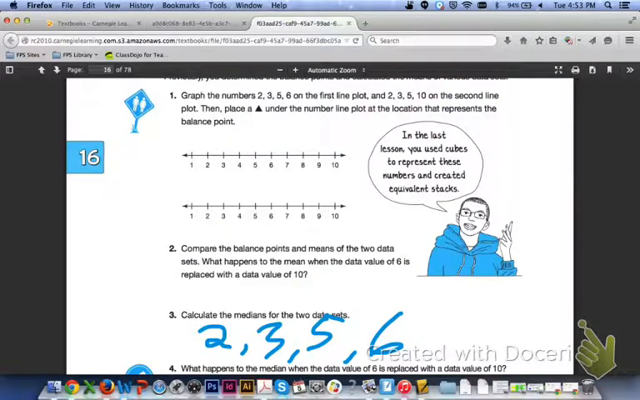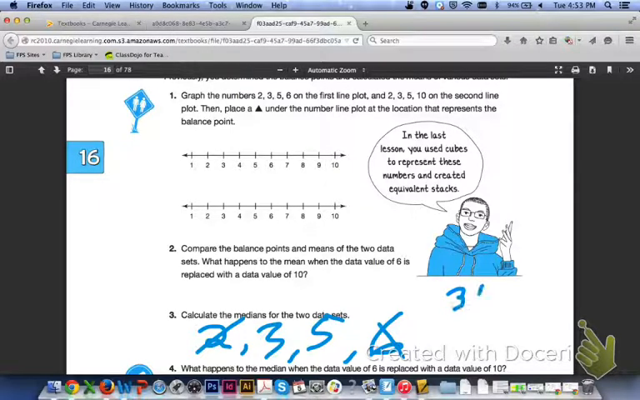To calculate the median for the first data set, you first need to make sure your numbers are in order from least to greatest, and then you need to find which value is in the middle. So 2 and 6 I can cross off, and then in the middle is 3 and 5. To determine what's in the middle of that, I can see that that is 4,